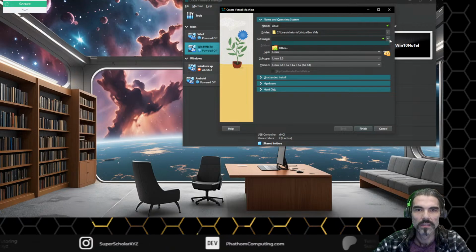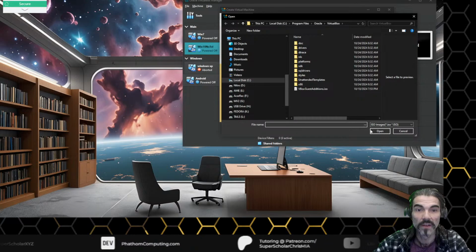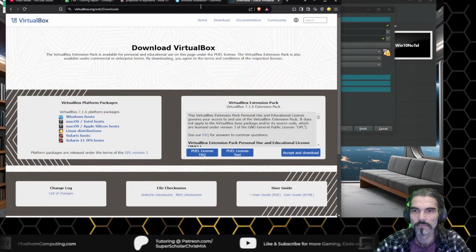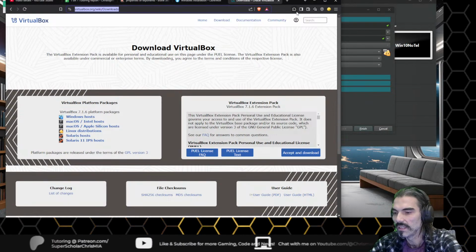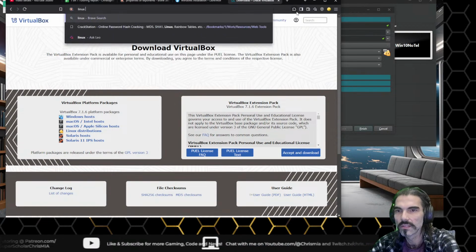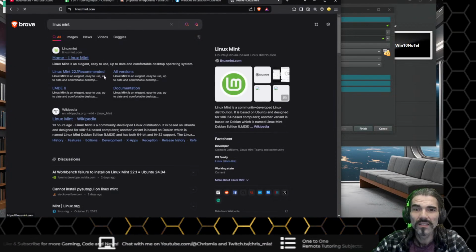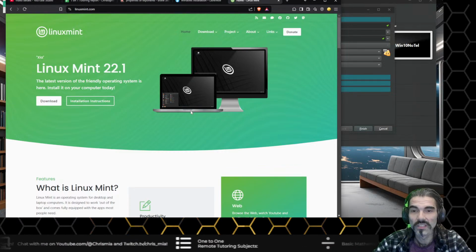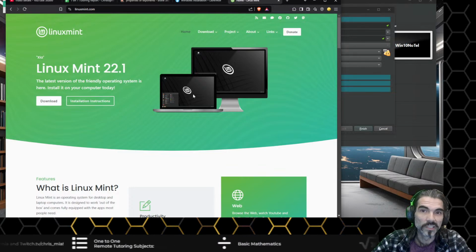So, first name, pick a folder for basically where you want to store your virtual machine, and we're going to select a virtual image. I don't think I have one currently, so we've got to go find an image. Now, the best one I would say is going to be Linux Mint. This operating system is super light, very pretty, and for anyone that uses Windows especially, very easy to adapt to. So that's what we're going to run with.